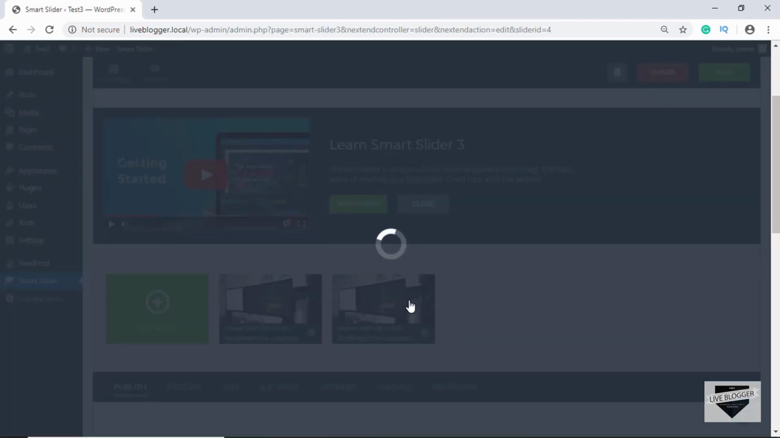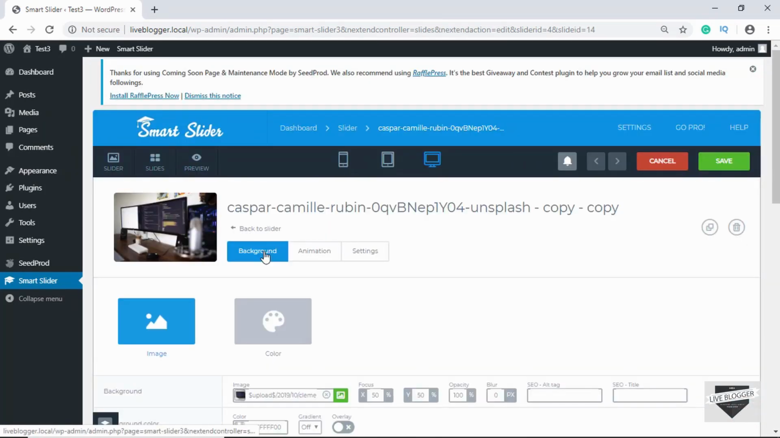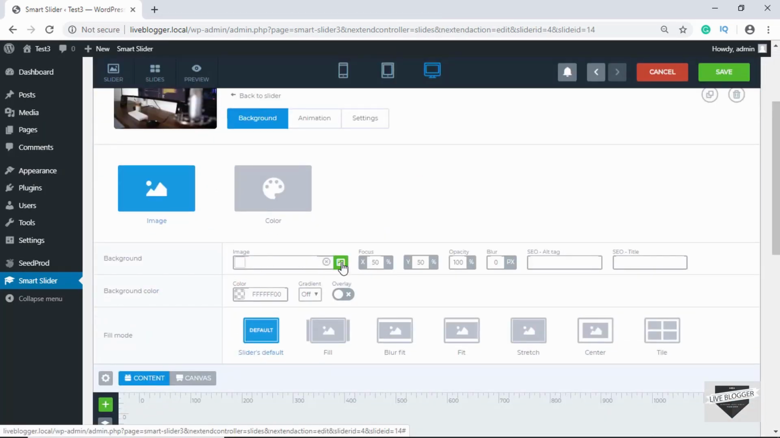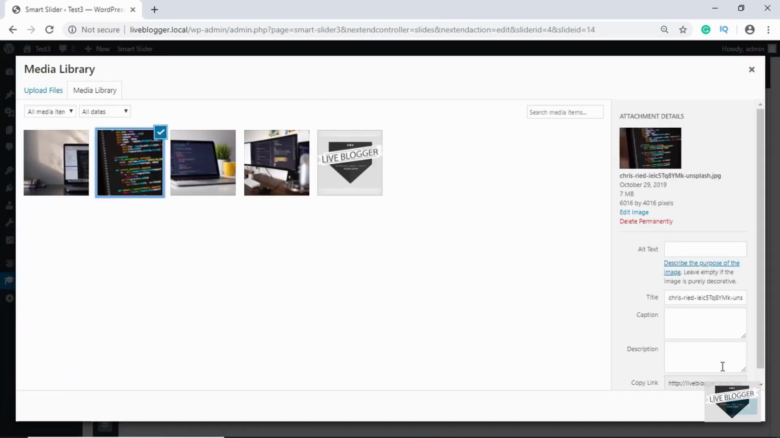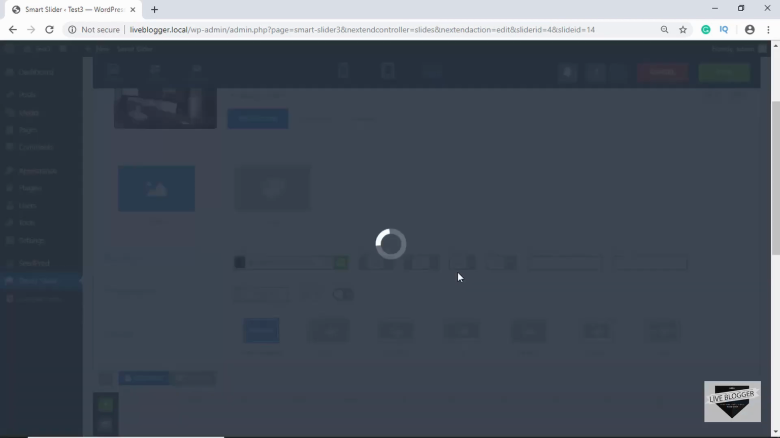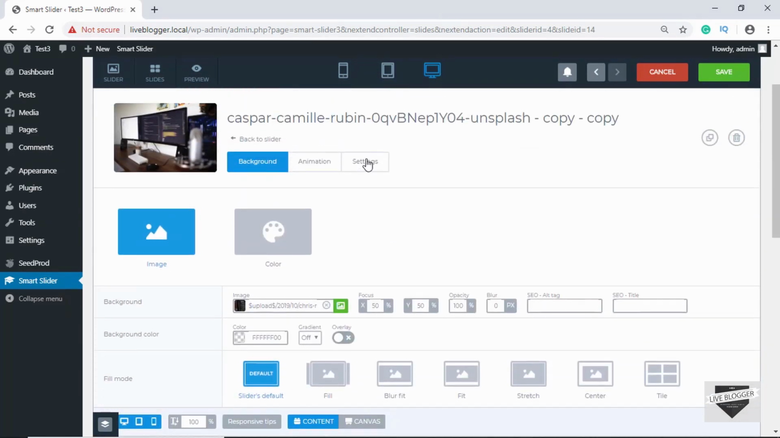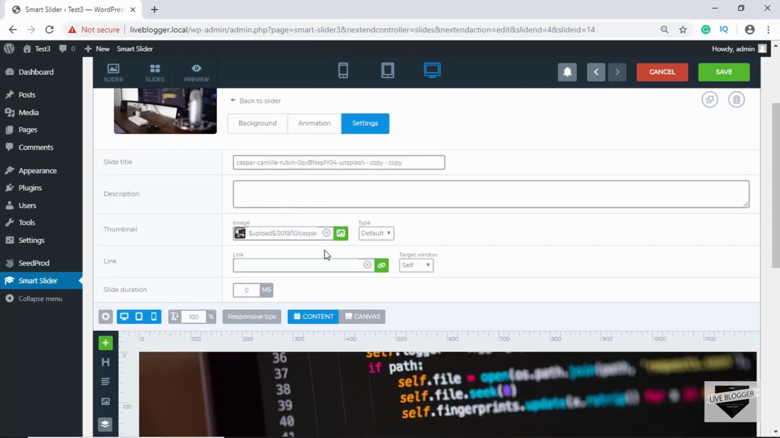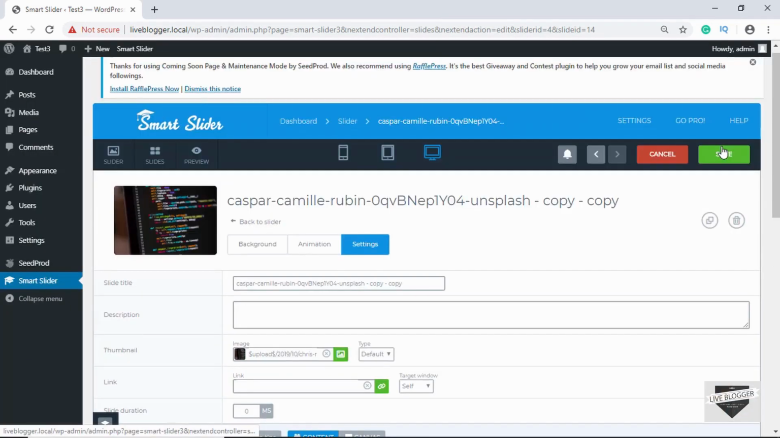So click on duplicate and click on edit. We'll click on background, and we'll clear this image and select another image. So let's select this image over here and click on select, and we'll change this text. We'll type logo design. Alright, so that's basically it. We'll also change the thumbnails so that we can see it on the sliders page. Alright, now click on save and click on back to slider,